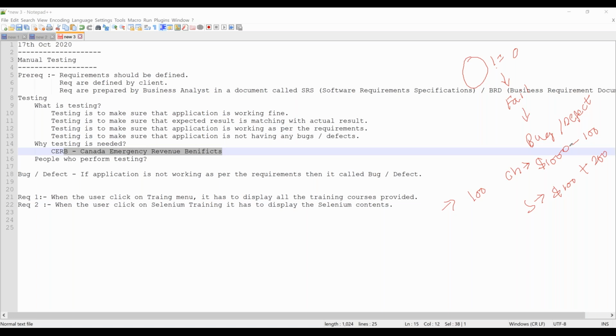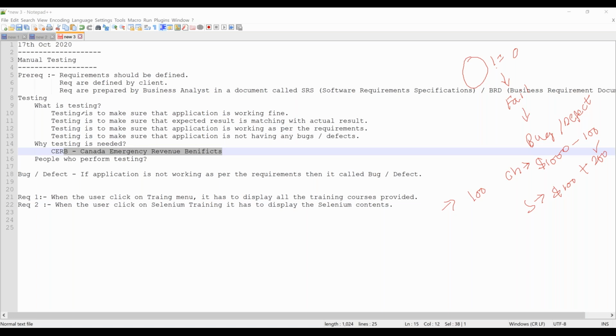So the balance here transferred as $100. Here it is showing as $200 only, but here the balance still shows as $1,000 only. It is supposed to say $900, but still it is saying $1,000 here. So what is happening? Whose money is gone? The bank's money is gone, right?